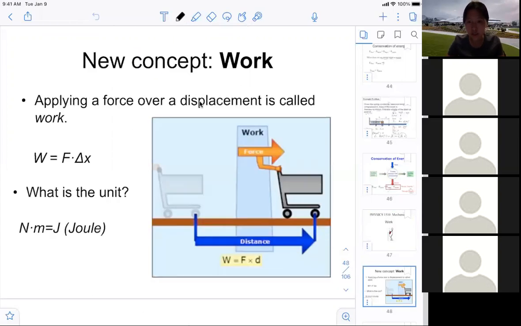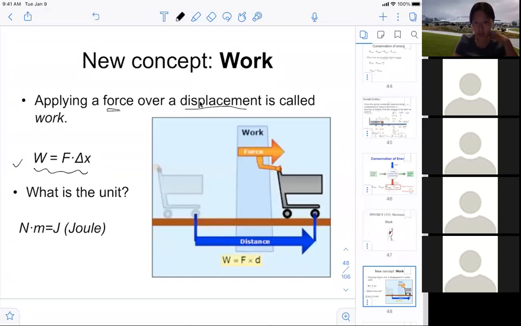We say work a lot in our daily language, but the physics term work is different. Although it kind of involves a force and is labor intensive, right? So in order to have work in the physics sense, you have to apply a force and you have to apply that force over a displacement. Then you have done work. Notice this is not the most accurate definition we have so far. Eventually, we will improve our definition to the ultimate expression. But right now, this is simply a